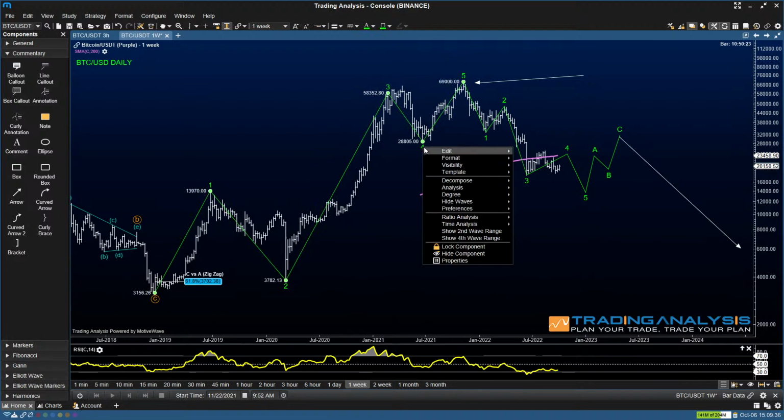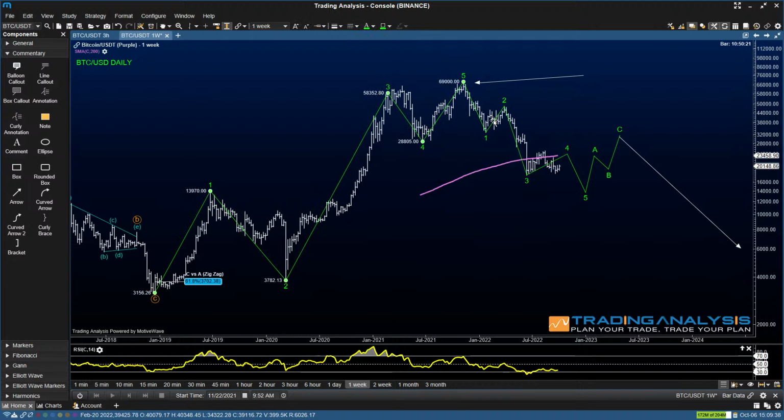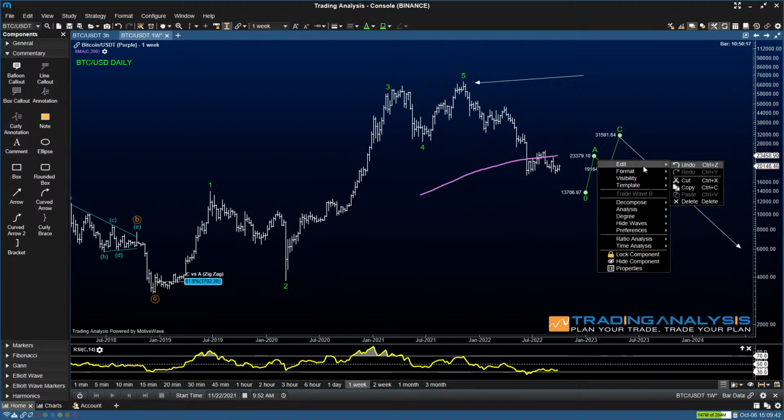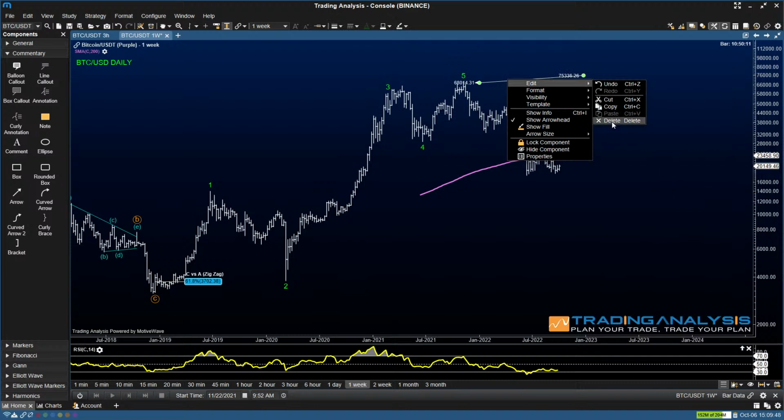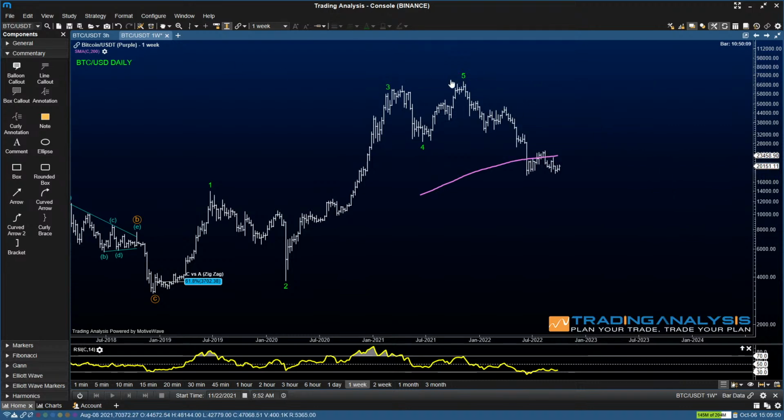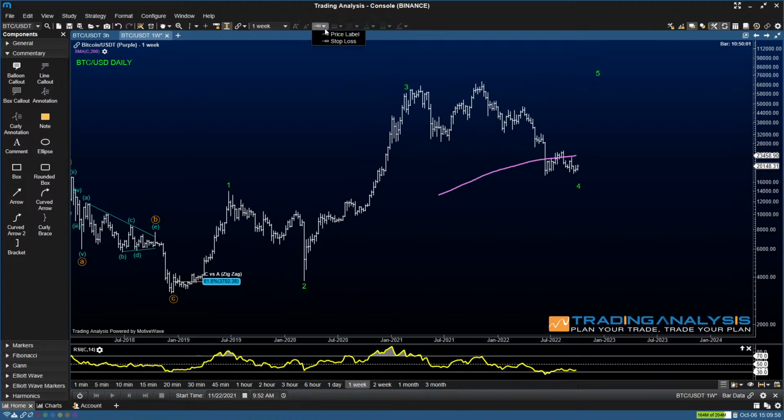So how do we get to this analysis, and why do we still hold the view that this is not the case, that we most likely are still going to continue on the upside? I'm going to show you a couple of things that we usually look at. There is a guideline of alternation between the wave 2 and wave 4. That's the first thing. Second thing,